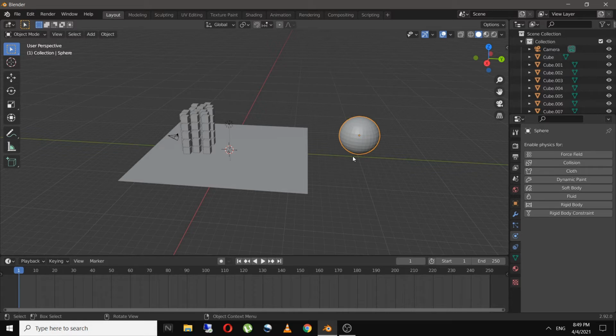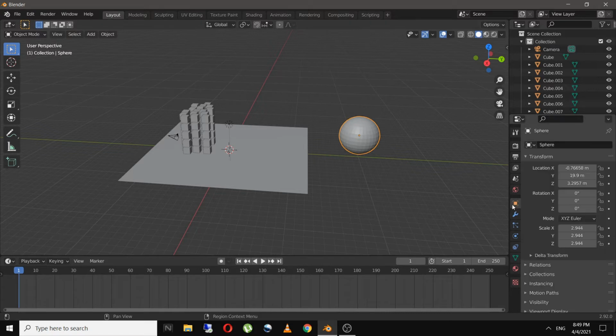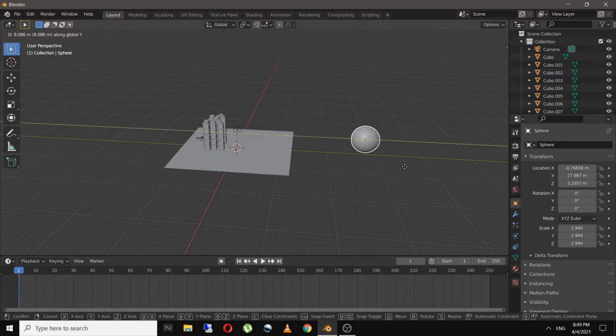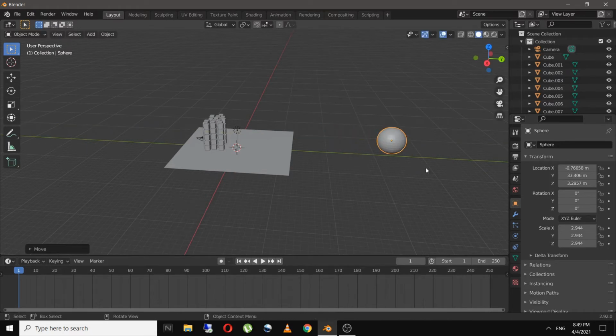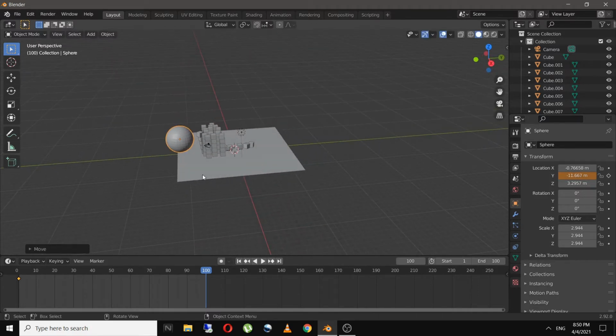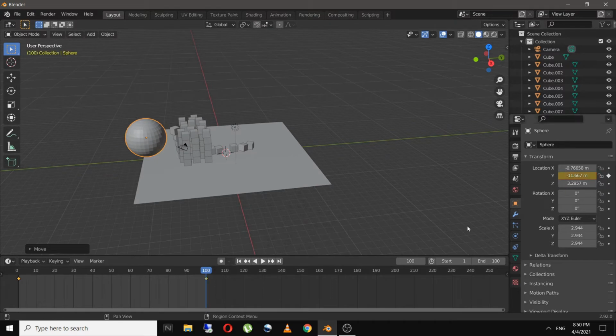So for that I will first animate it in Y axis. For that I'll click on here, and in first frame I want my sphere to be somewhere over here, and let's set the end frame to 100 and add in a key, and in the last frame I want my UV sphere to somewhere over here, and I will lock the key.